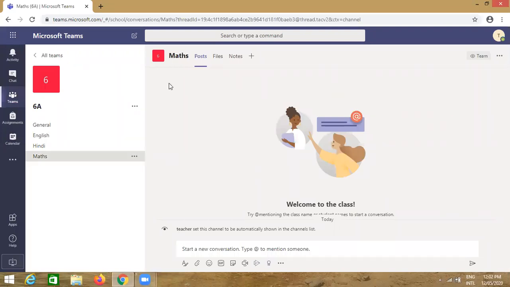So this is the first step required: create a team, add members and add the channels.